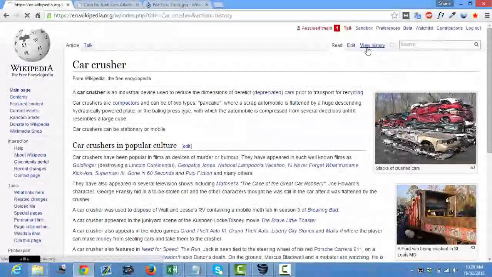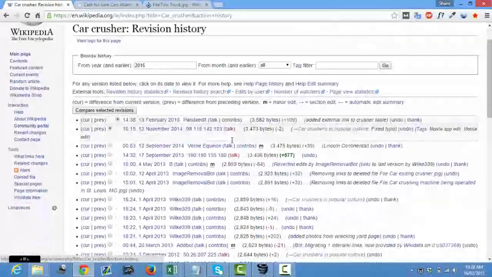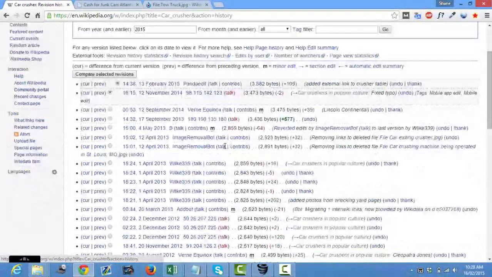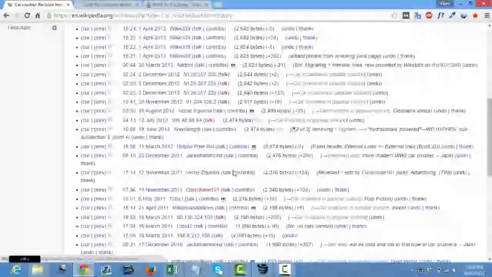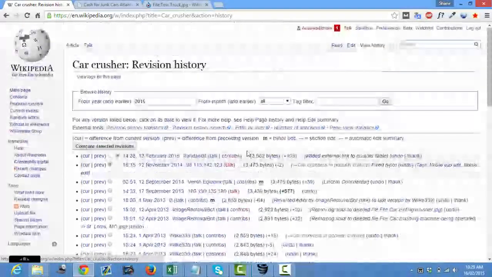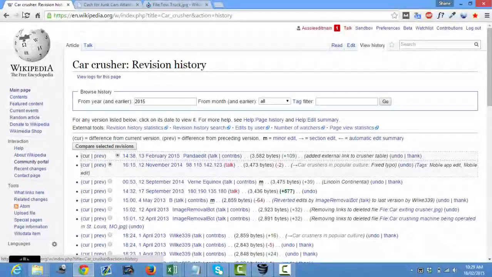So let's have a look at the history of it. This is another quite a quiet Wikipedia page. I mean, there's been 4 or 5 edits in the last 2 years, so that was another good one. Again, I didn't see a lot of edits from one same user, Wilkie, but he was all on the 1st of April. Apart from that, there's no sort of common thread from one particular editor. So I'll show you where I dropped this link. So this is mine. Panda edit was my username. This is the edit that I did on the 13th. It's the 16th now.